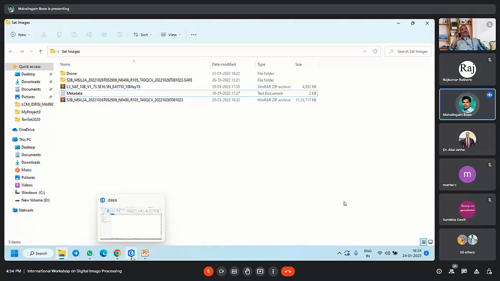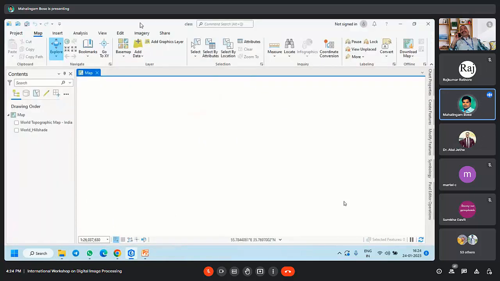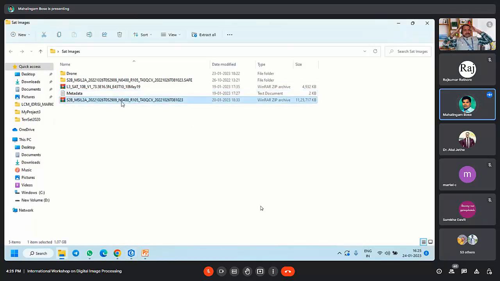In this, I'm going to demonstrate what a band is, how to perform the layer stack or image composite, and how to perform the supervised classification. What I'm going to do in this software will be almost similar in any other software. The concepts are the same. Only the graphical user interface will change from one software to another, but the concept behind this classification will be the same. The statistical method used here will be the same in other software also. Okay. So here I have Sentinel data,